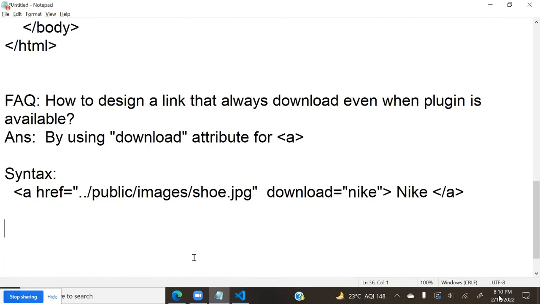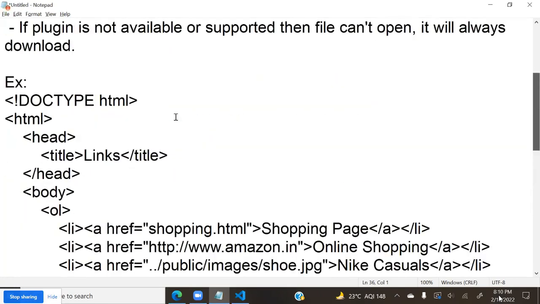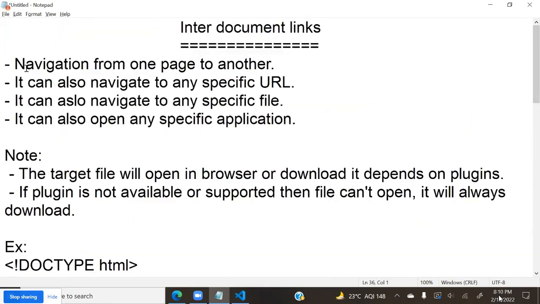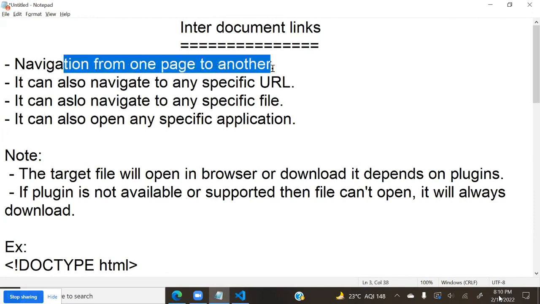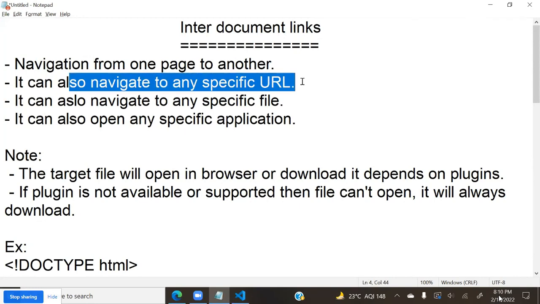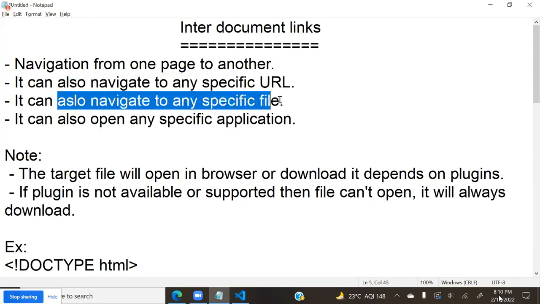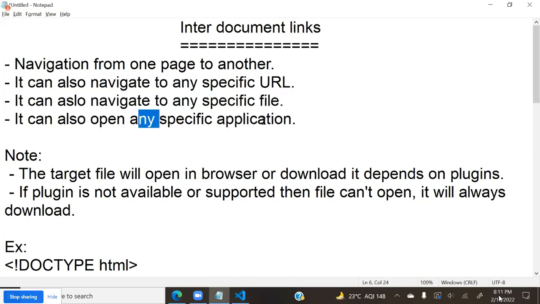While working with hyperlinks, this is one option. So you have seen different links: navigation from one page to another, navigation to any specific URL, navigation to any specific file, navigation to any specific